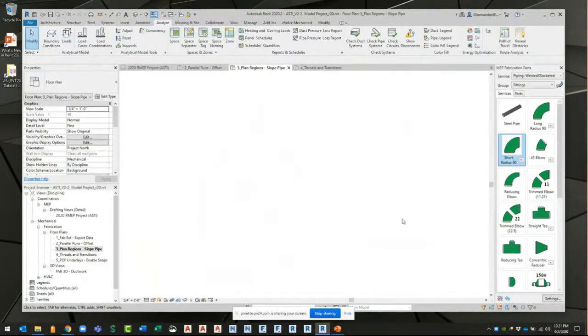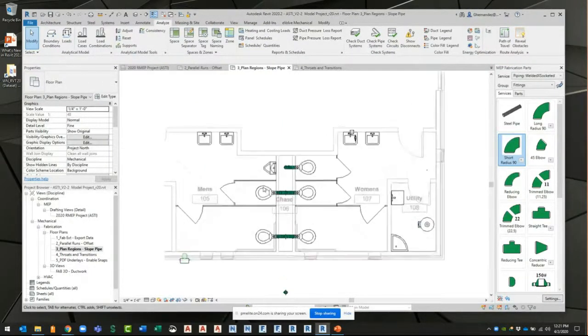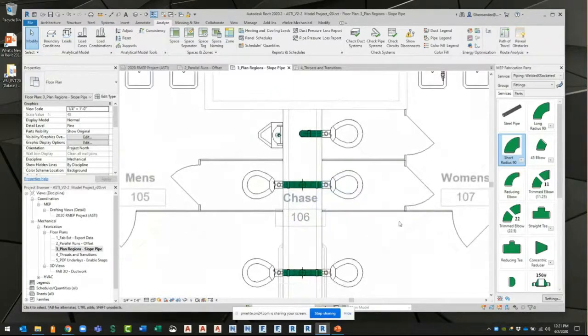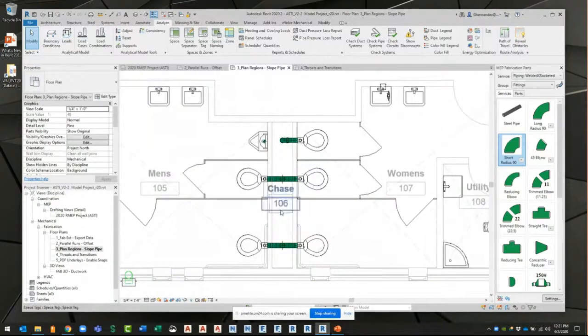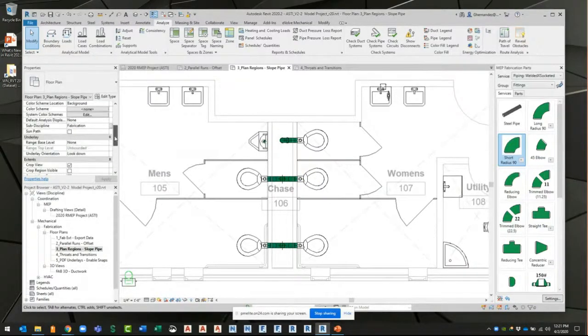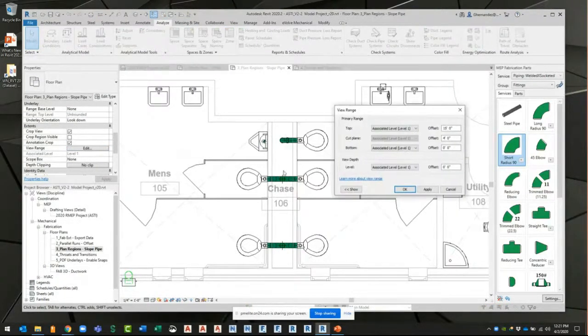The next one is what we call plan regions, for you guys that are plumbers. So in this plumbing view, this is again not correct. I'm gonna erase it all out here in a minute and put in some carrots so I can show you my slope trick. But for this view, the problem is, and this is what I show all my students, under the view range here, because this is underground or below grade or below ground piping or PVC, the view range